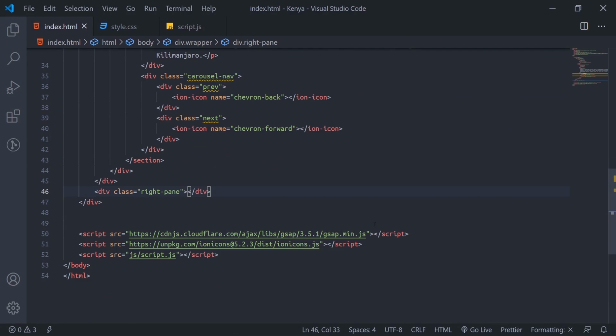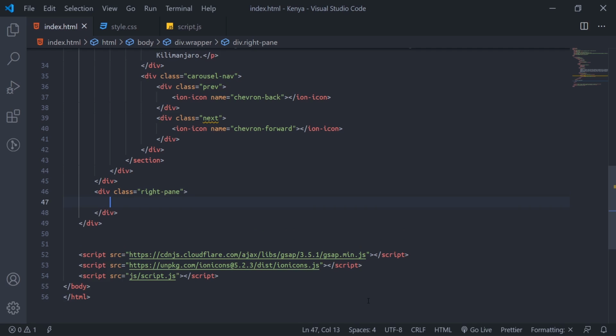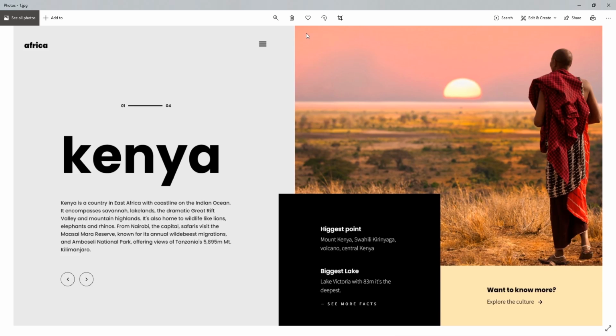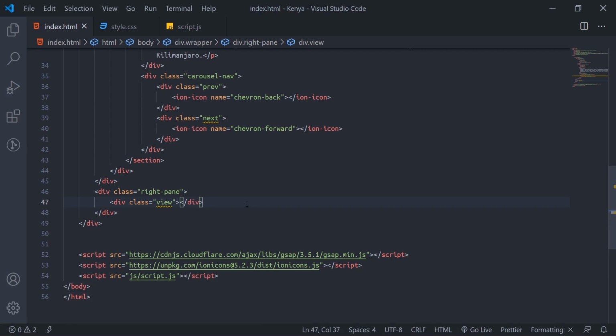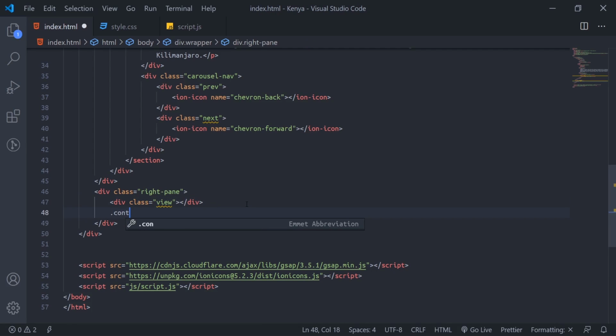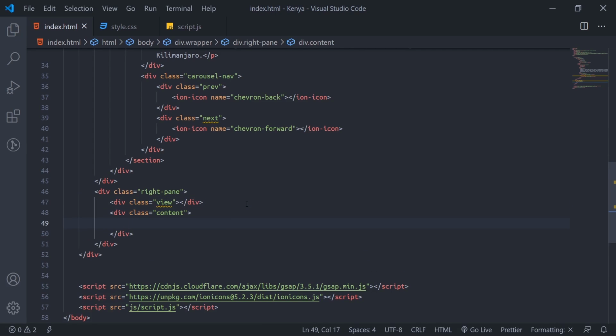We'll create a div class, and we'll call it view. So what this view will do is house this picture of this man here. Then we'll create another div where we will house these two different parts here. So after I create view here, I'll come down and type content. Then inside this content now, we'll get